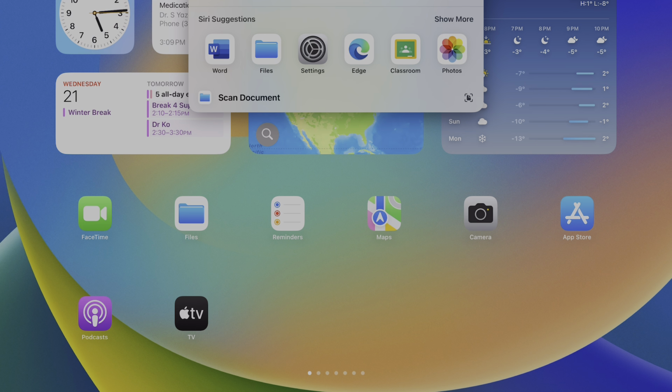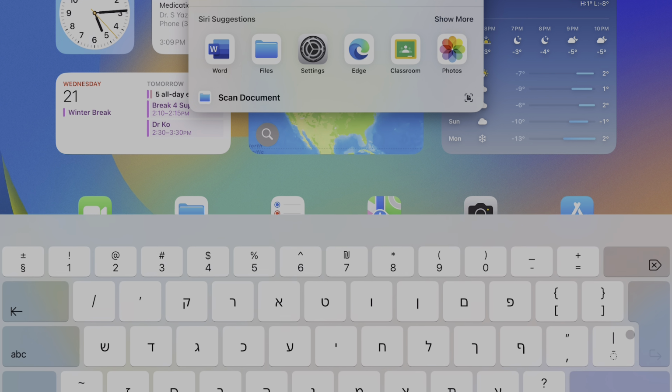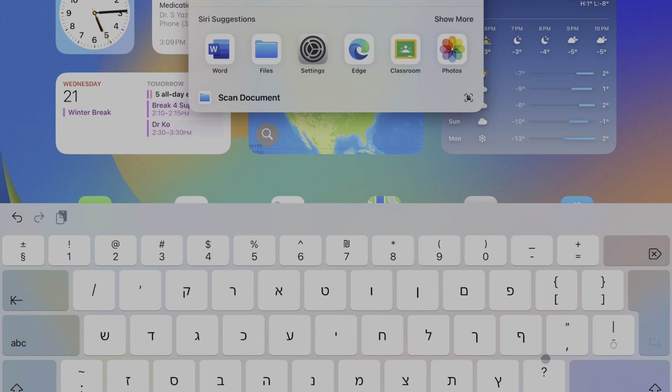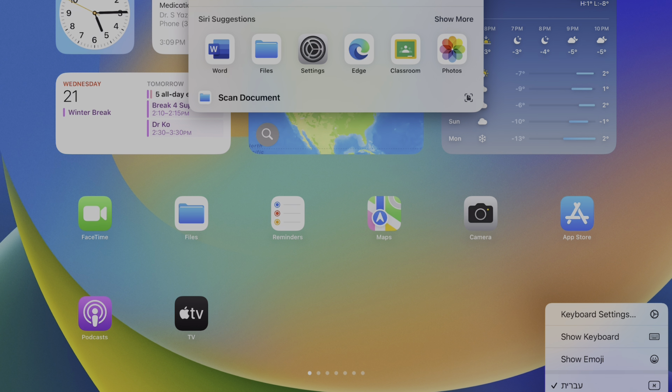And then you have two choices. You can either choose Show Keyboard, and it will show the Hebrew keyboard for you. It's printing, not writing. I don't know if you can get the writing version. If you want to make this disappear, you click the keyboard with a down arrow, use the left button, and you can switch between English or Hebrew, whatever you like